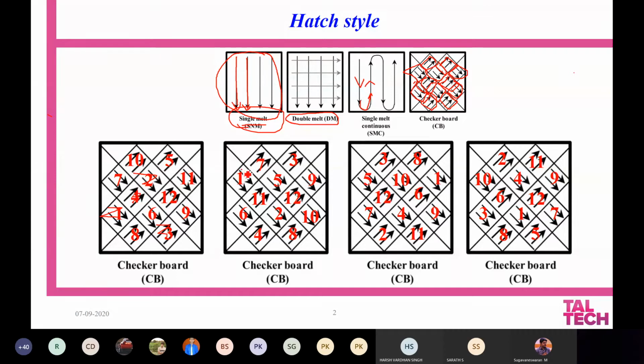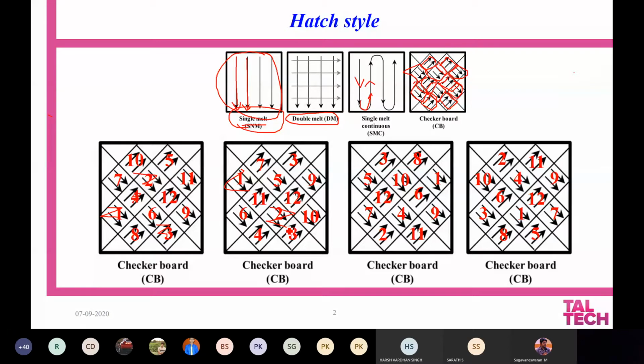Or you can go from one here. This is absolutely your wish how you melt, but try to make sure that you don't melt two adjacent islands at the same time. This is industrially helpful because this can reduce the amount of internal stresses in the material. Internal stresses may lead to some kind of distortion in the material, and the distortion can be relatively minimized.